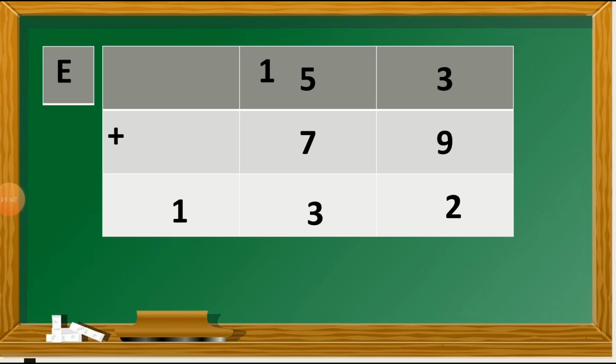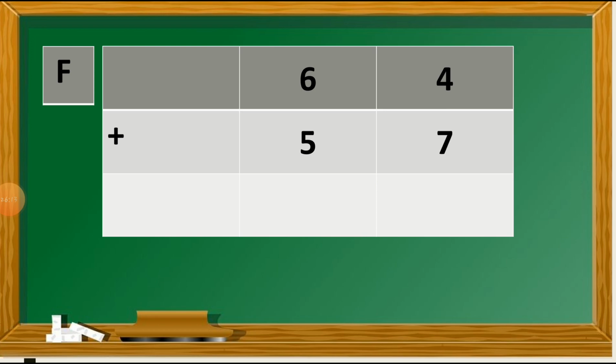Just you have to regroup this sum 2 times. You have to regroup the ones column also, and you have to regroup the tens column also. So this way you can regroup this, and that is very easy, students. You can solve these sums by yourself also. Now let's see number F. So here is the ones column. I repeat this thing to you. Just keep this in your mind, students.